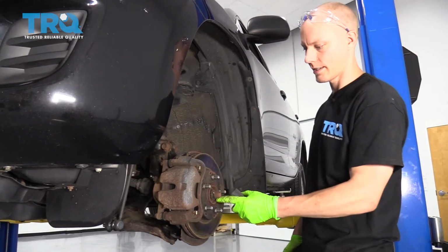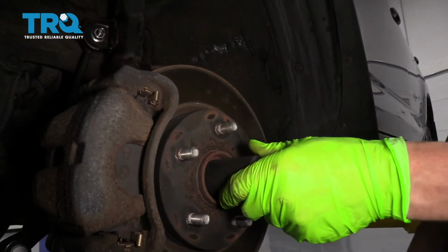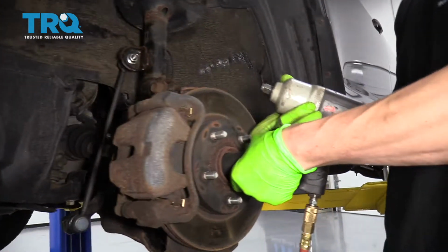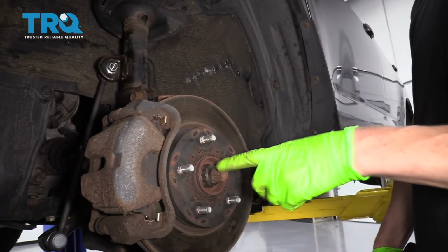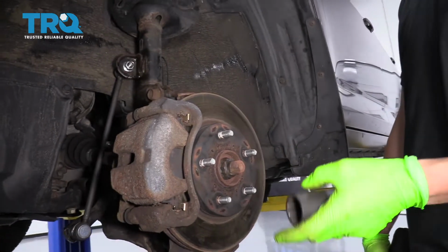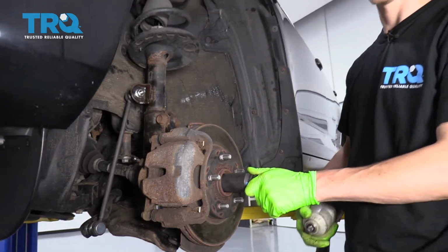So this center nut is a 30mm 12-point nut, which means you need a socket like this to remove it. And the tricky part is, if you try and turn this right now, it's going to turn the whole axle and the rotor as you're trying to loosen it. So there's a couple ways that you can deal with this. You can sometimes put the wheel back on the car and then take the center cap off. You have to set the car back on the ground, and then you can put the socket right through the center of the wheel with the wheel on the ground, and you can crack this loose,